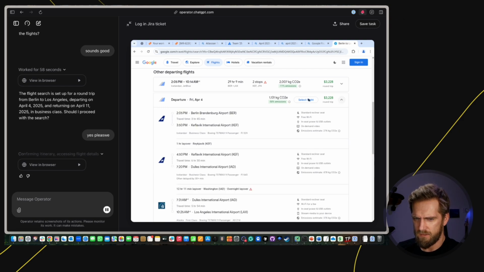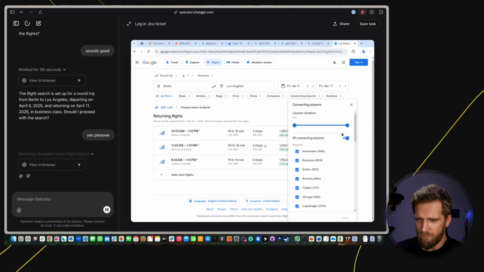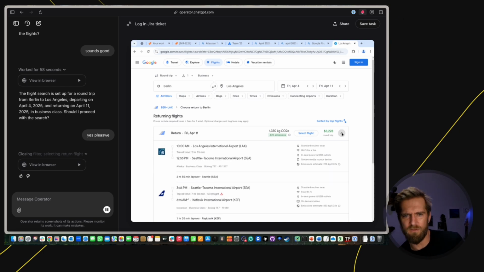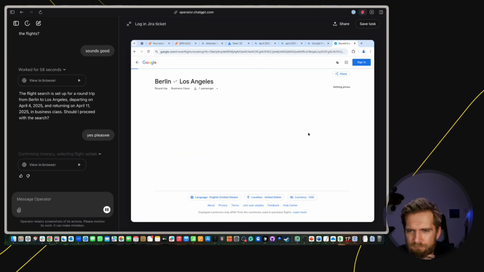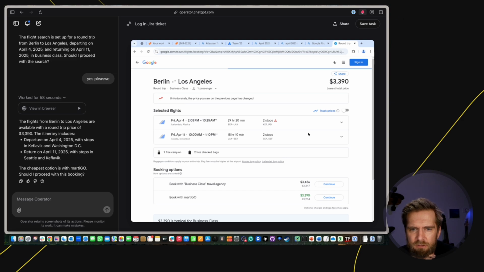So it takes, it's via Iceland. Do I really want to fly via, it's also 2-stop. So it's now doing some settings in the layover stuff. The price has changed. So the flights from Maryland, Los Angeles are available round trip, with a stop in Washington, D.C. Returning goes up. Cheapest option,